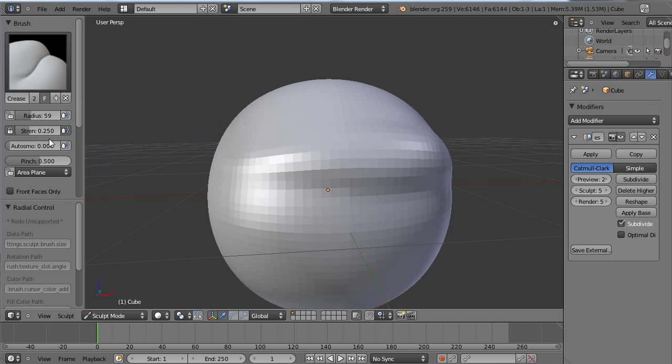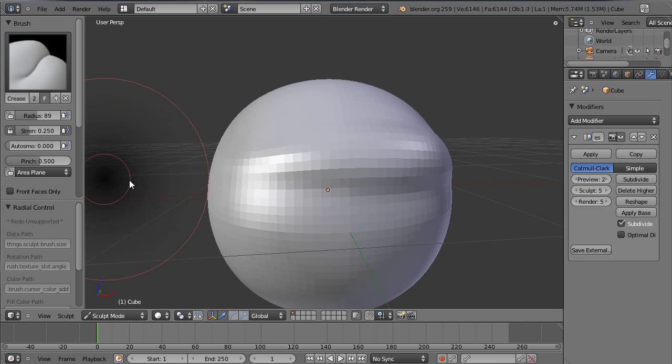The radius and the strength you can change here, or you can change the radius with F and then move your mouse in and out and left click to decide, and you can change the strength with Shift F. As you move the cursor in and make the circle smaller, the background gets a bit darker, so you can see what's going on there. The darker it is, the stronger it is; the lighter it is, the weaker it is. That's a good visual way of seeing what's going on.